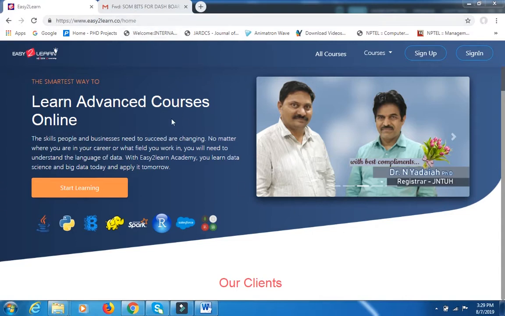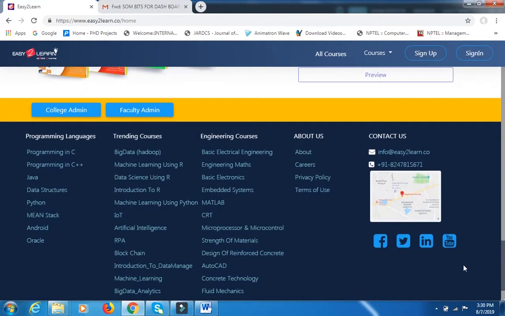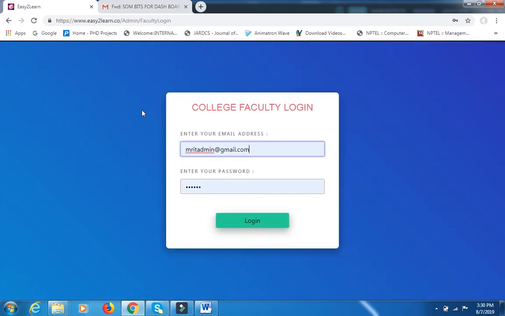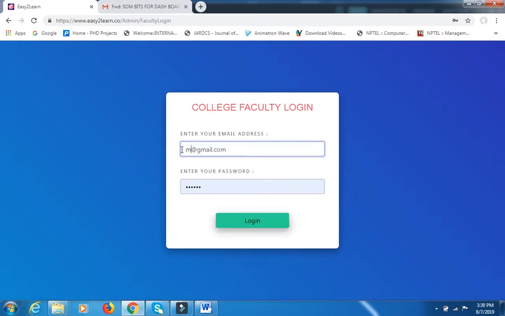and here by selecting www.easytolearn.co, you can identify the screen. Then come to the bottom of the screen, where you can enter as the college admin or as a faculty. Now I'm going to select the faculty admin. Now you need to enter the faculty username which we have provided to the respective college. In this case, I'm entering the MRIT faculty, that is